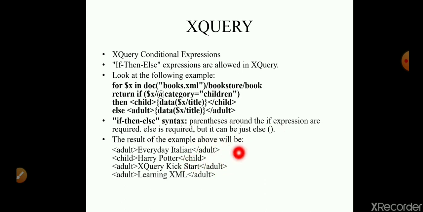So the result of the above query is here. This query is based on the previous example.